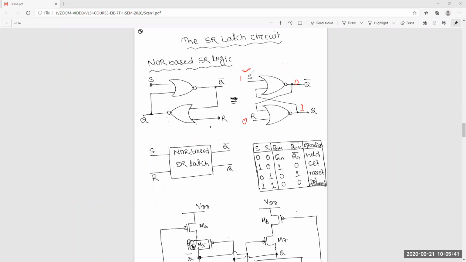So here 1 and 1 gives 0, and then this value will be 1. So it's 1.